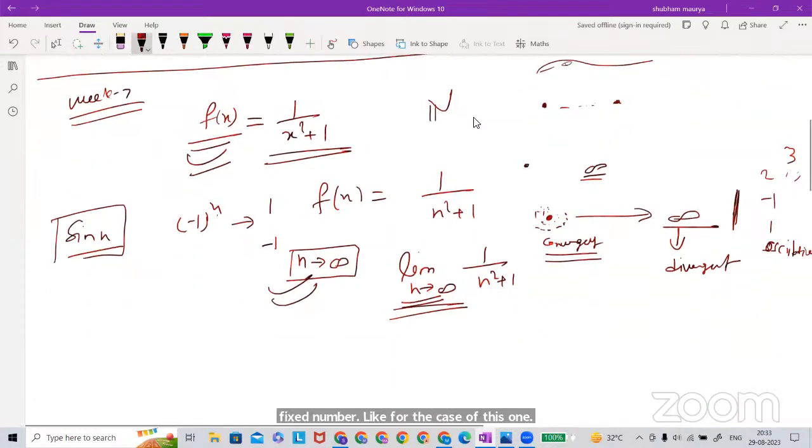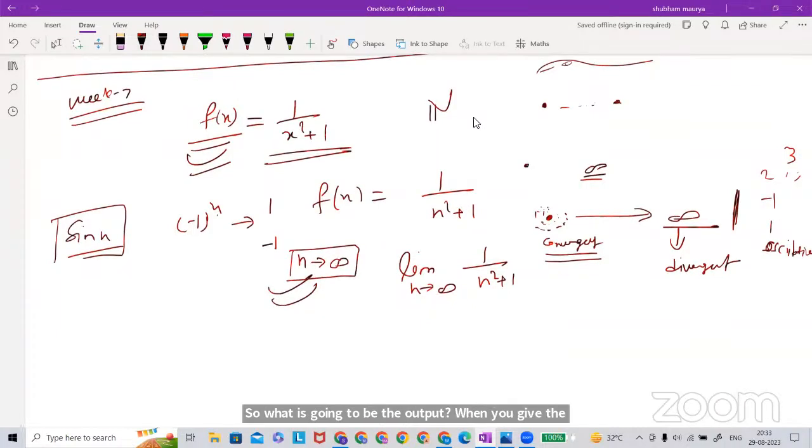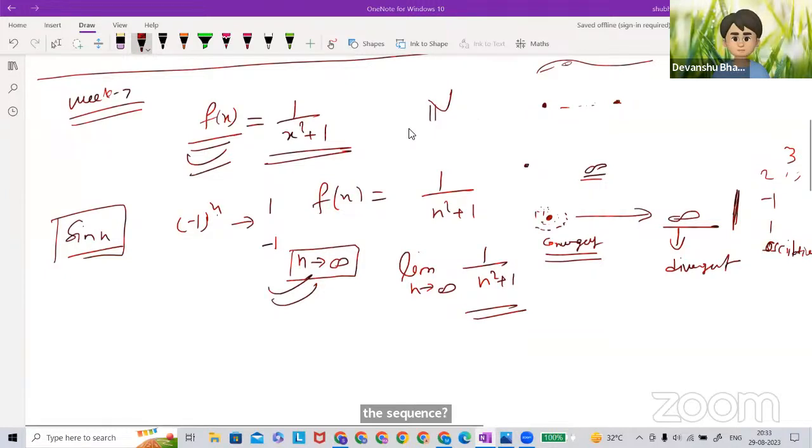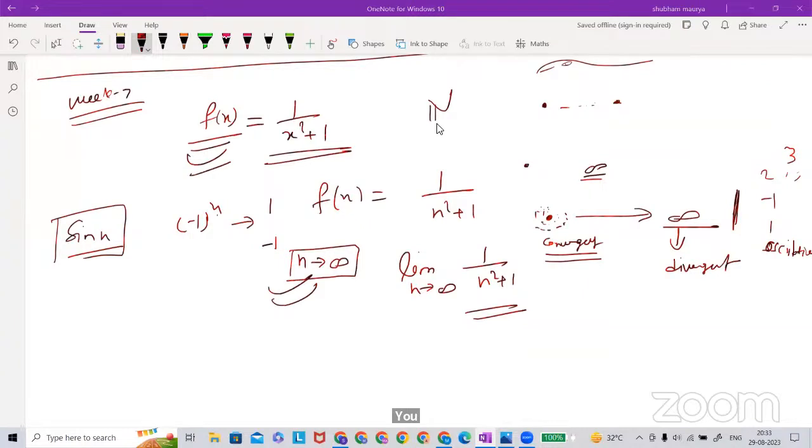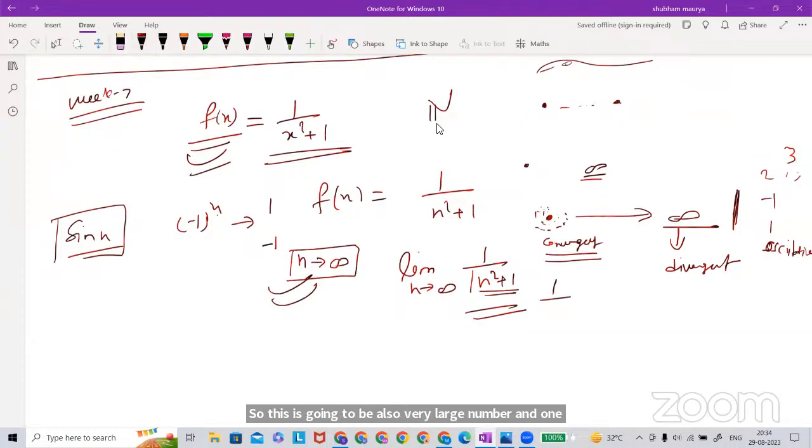So what is going to be the output when you give a very large input? That means what is the limit of the sequence? That's the meaning. So what is going to be the limit of this sequence? It is going to be 0. The simple meaning of it is that you give a very large input, so this is going to be a very large number, and 1 upon a very large number is going to be